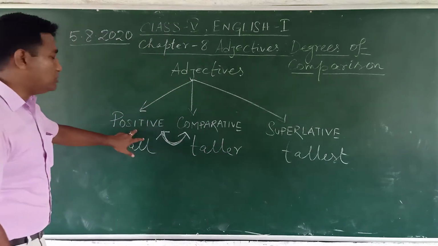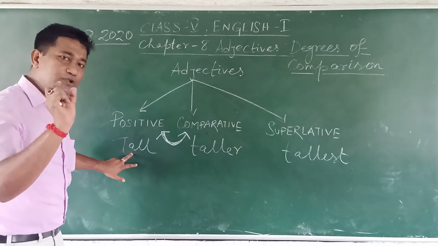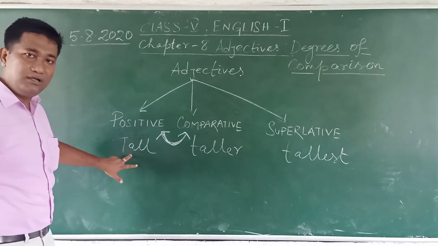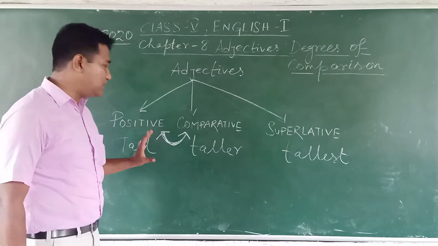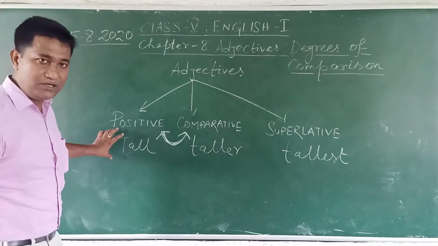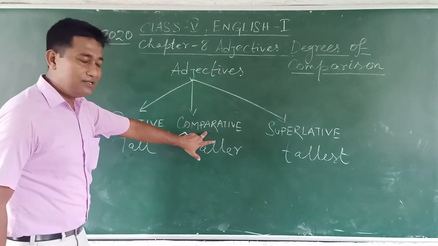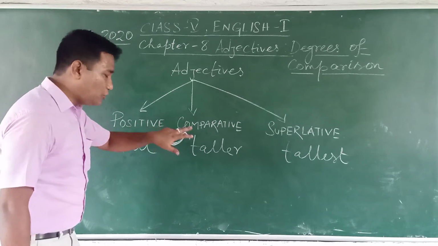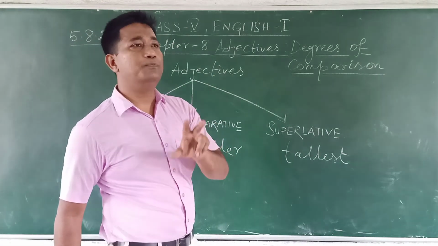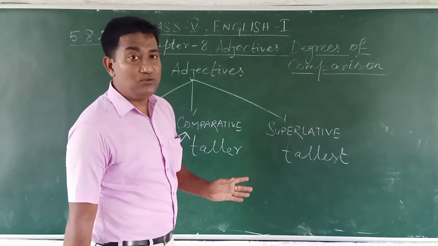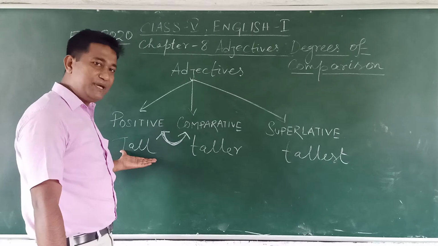So positive, here we got tall. Okay, a simple qualifying adjective, a simple describing word, tall. So positive means it is not difficult to understand. Positive are very simple words that we use in sentences, as I mentioned earlier. Now comparative means when we are comparing two subjects, two nouns, two persons. At that time we use the comparative. So tall is one intensity, the base form.